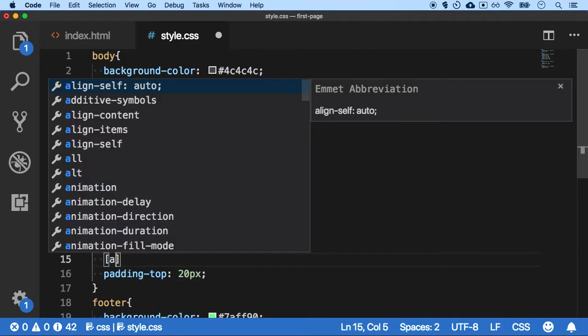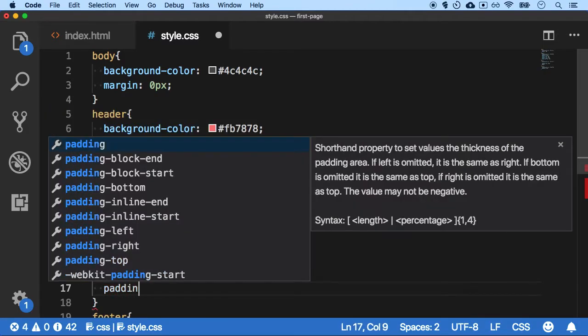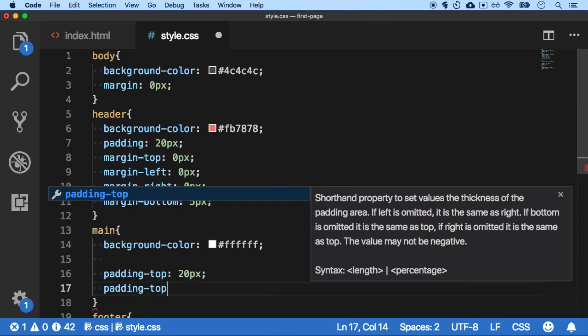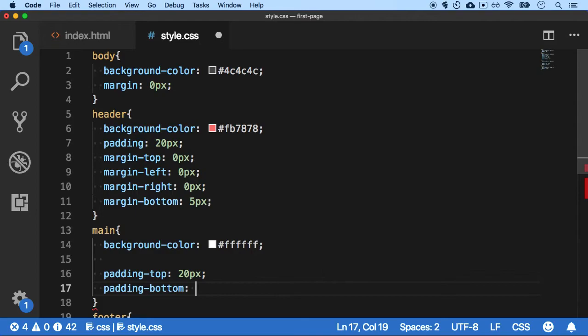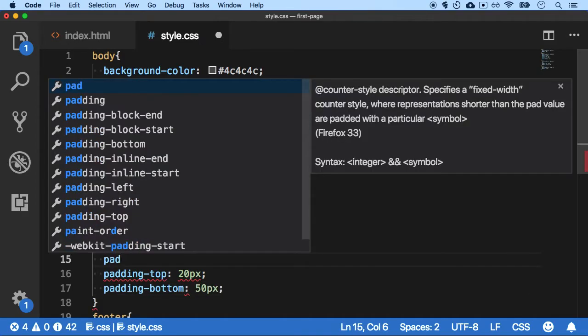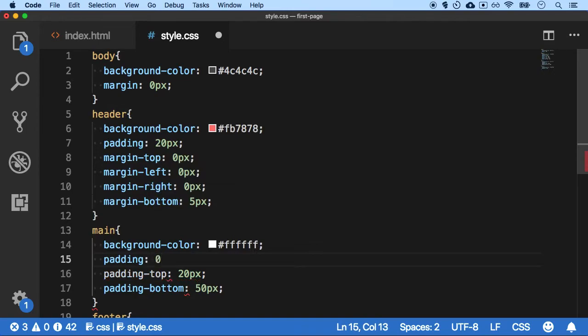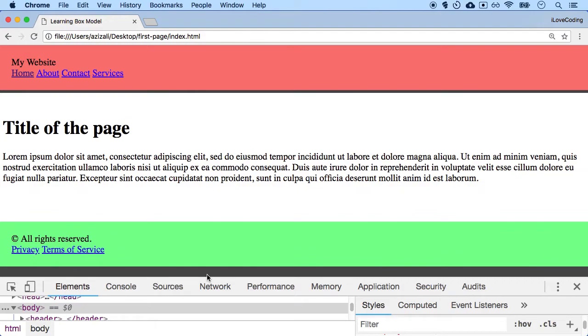On the bottom, let's say I want 50 pixels, and the rest of the sides which are remaining, let's say padding, I want to keep it, let's say 5 pixels. All right, save and refresh, and you see top is 20, bottom is 50, and the sides